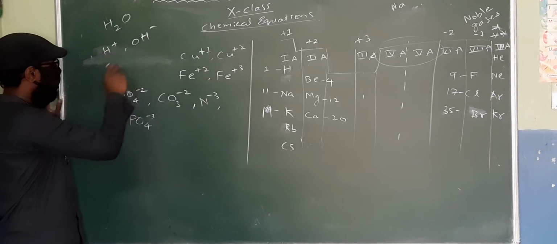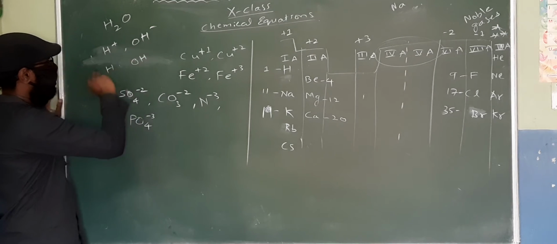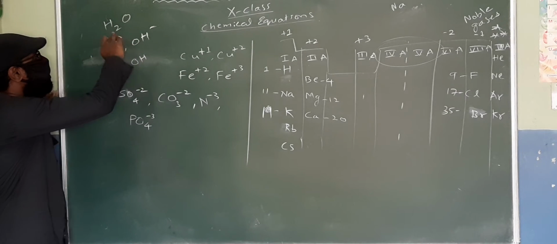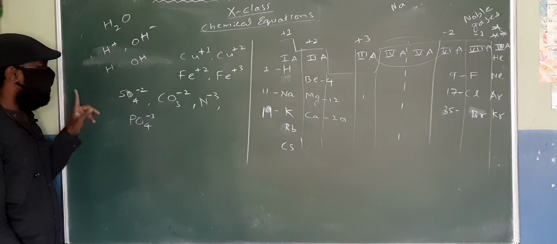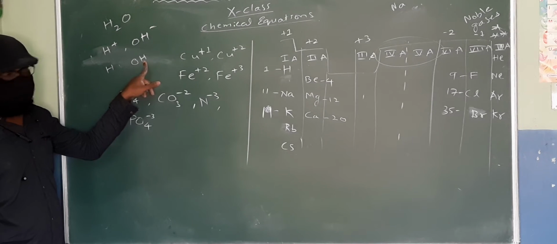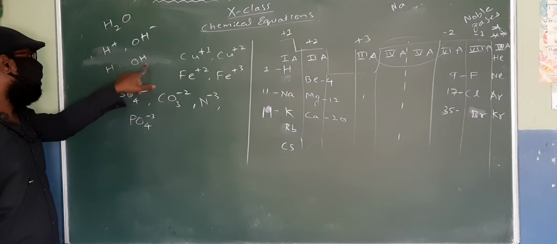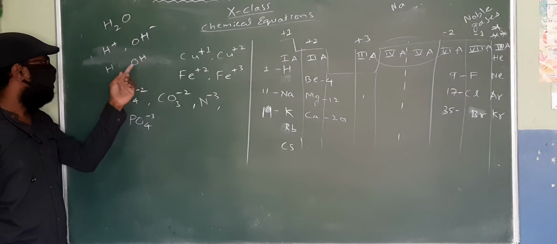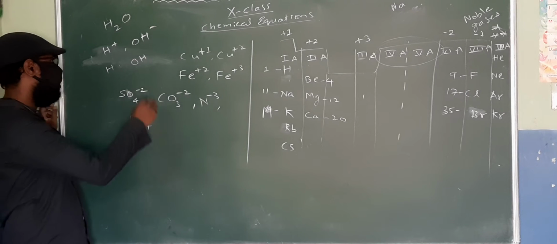If these two are present, that is H and OH, 2 hydrogens, 1 oxygen, this is the water molecule. When you try to break this, obviously they have to go like this, H and OH. But when you have oxygen and hydrogen together, observe carefully, oxygen has 8 electrons, hydrogen has 1 electron. Together, how much? That is 9 electrons. And you can see this number of electrons from the periodic table itself.